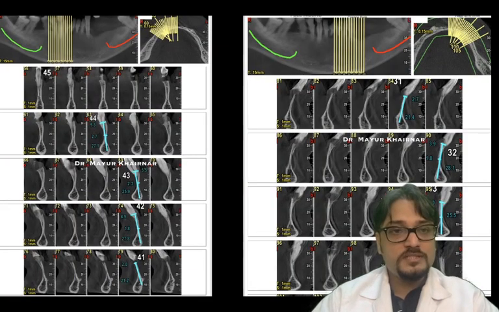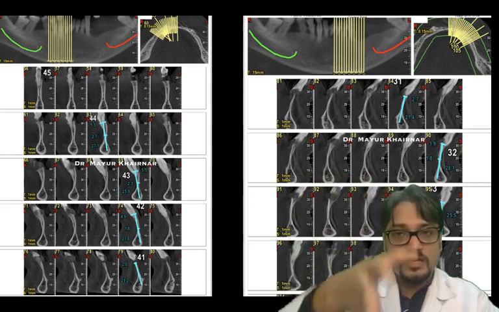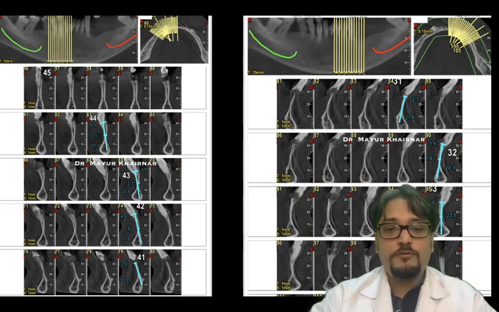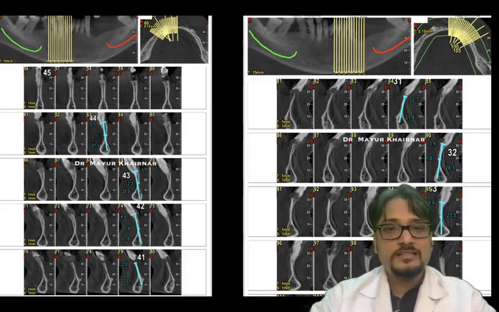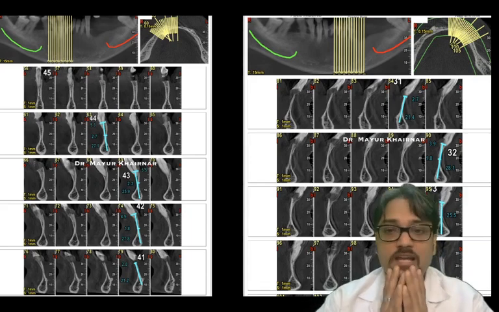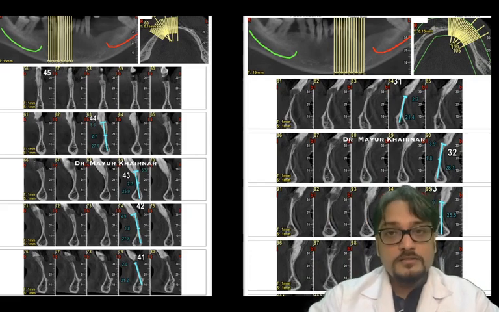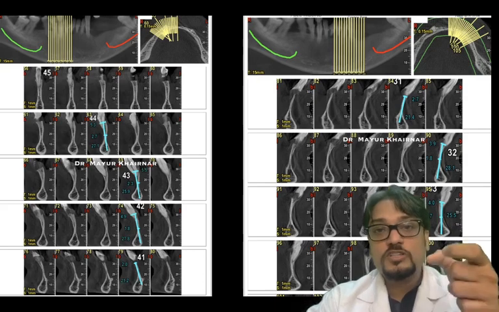When we took a CBCT scan, you can see above there are yellow vertical lines. That area is going to be the cut area, and below, from number 45 to 41 on the left-hand side and 32, 33 on the right-hand side above me, are the cross-sectional areas of the front area, and you can see that the bone is so thin. In this area, if we don't take a CBCT scan to see the third dimension, also called the width of the jawbone,